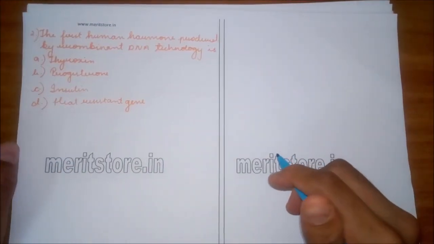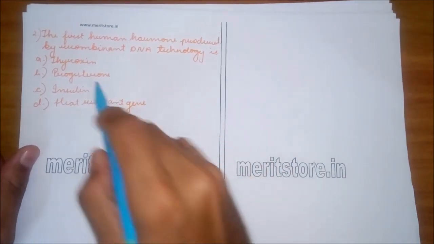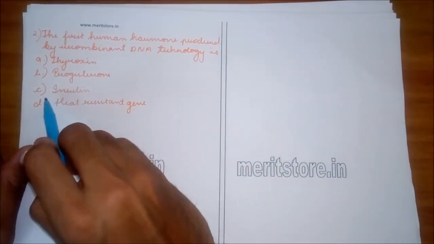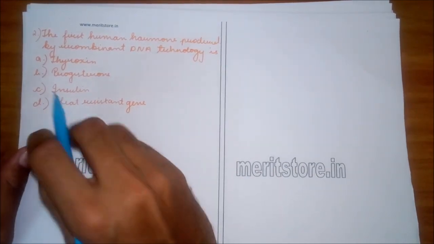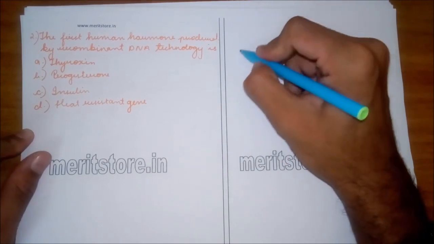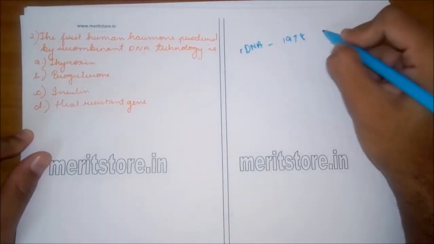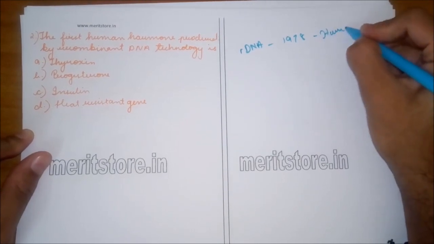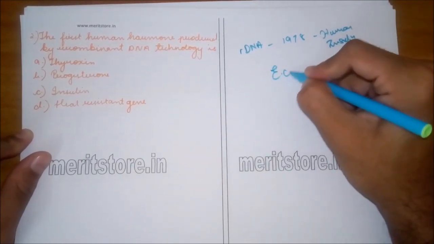Question number 2. The first human hormone produced by recombinant rDNA technology is option A thyroxine, option B progesterone, option C insulin, option D heat resistant gene. So the first rDNA technology was used in 1978 to produce human insulin with the help of Escherichia coli, a